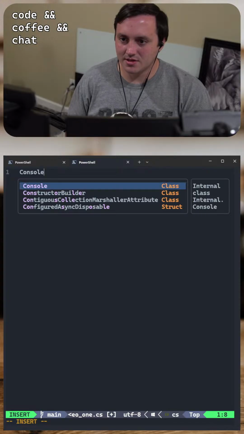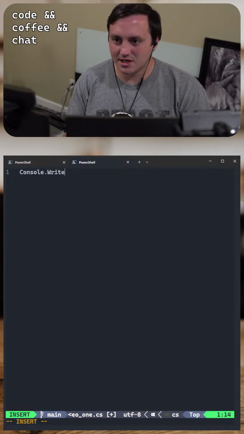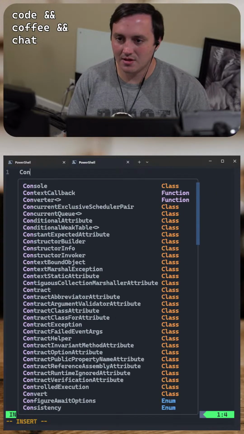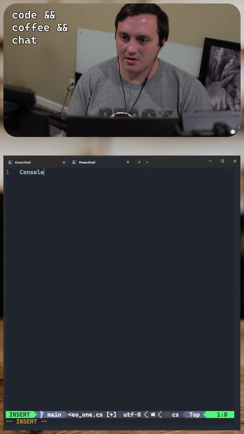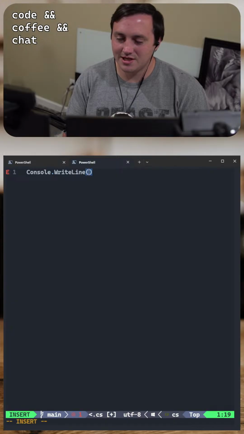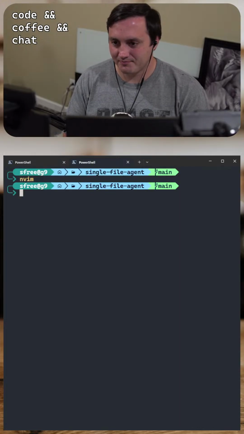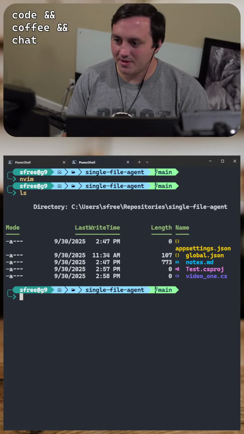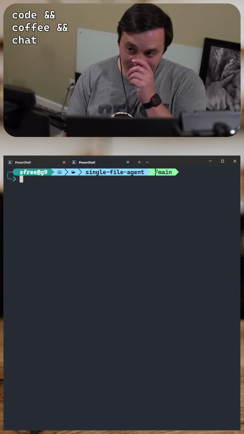Yeah. Okay. So it's looking for a particular thing, but obviously I'm not going to get good support for this in NeoVim, unfortunately. So I'm going to switch over to VS Code.